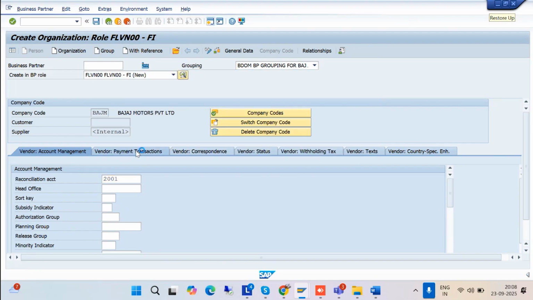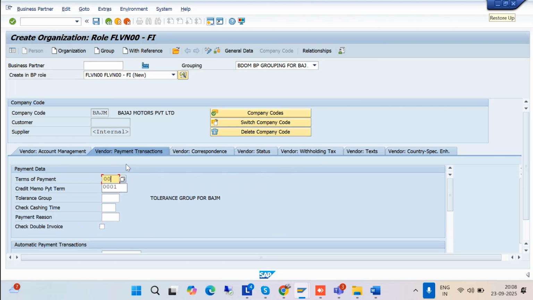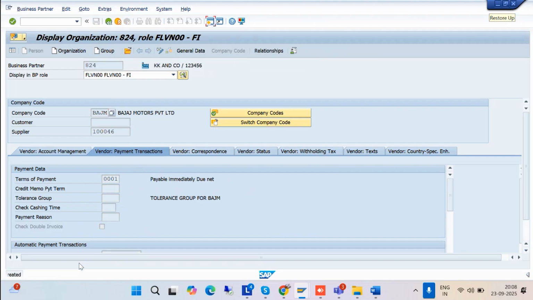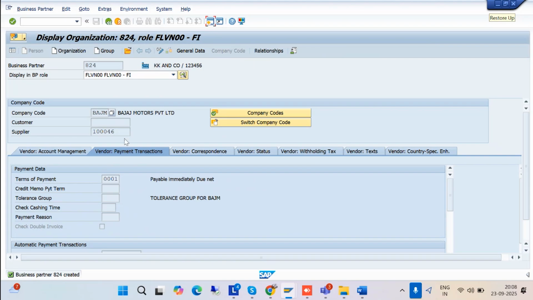Then for payment transactions, for instance, we are using 0001, which means immediate payment for this particular vendor. If you go and save, the vendor BP number as well as the supplier number will be created by the system. So how is it created? 824 is the BP number. If you see here, this is the BP number, and the supplier number is